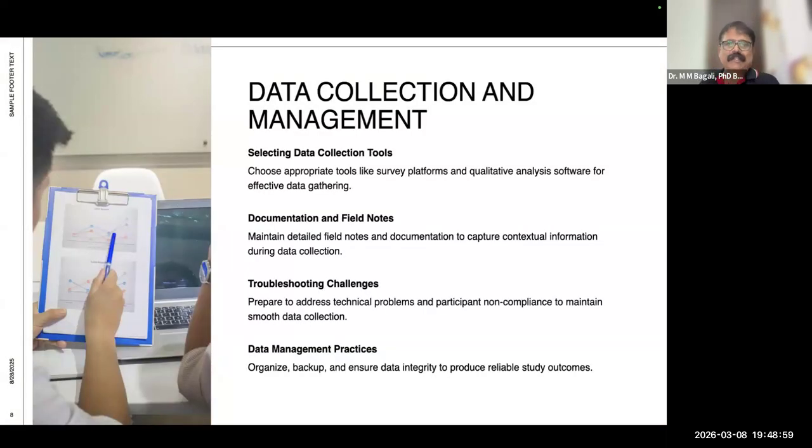Data collection and management, selecting data collection tools. We discussed that. Your pilot study would really help you to look at your survey platform, qualitative and quantitative analysis, and the software that you want to use. Documentation and field notes. Whenever you look at focus group discussions, you always have to have a lot of field notes, so that it comes in handy when you start writing your discussion, conclusion